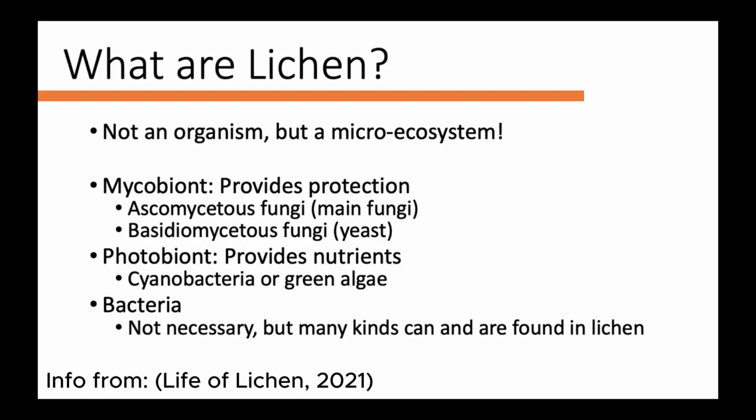Looking closer, lichen are ecosystems primarily centered around the protection of the fungus and the nutrient sharing of the photosynthetic partner. The mycobionts can be classified as a combination of Ascomycetes and Basidiomycetes fungi, and the photobionts as photosynthetic algae or cyanobacteria. Other organisms and species of bacteria have also been discovered to play a role in this symbiotic ecosystem.